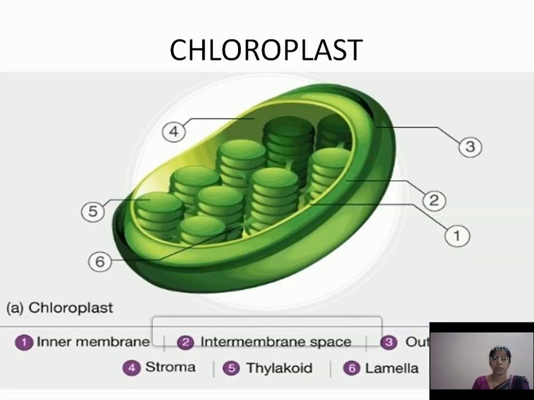And see the shape of this chloroplast. It is a biconcave discoid shape, biconvex shape, and semiporous. It is a double membrane and permeable cell organelle found within the mesophyll layer of the plant cell. So these are found in the mesophyll layer of the plant cell, this chloroplast. Okay. So this chloroplast is the site of photosynthesis. For what? For making food, synthesizing food.